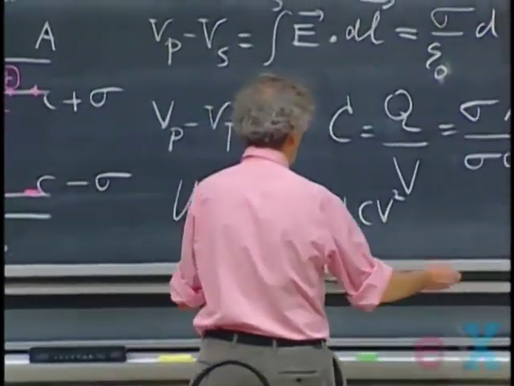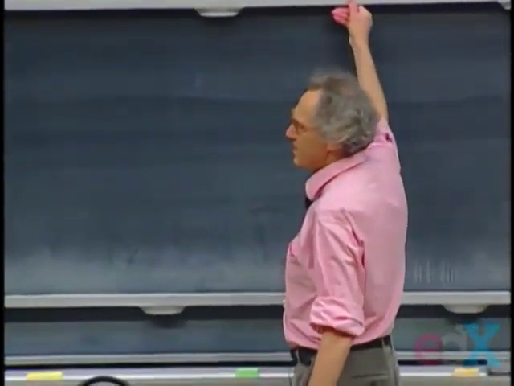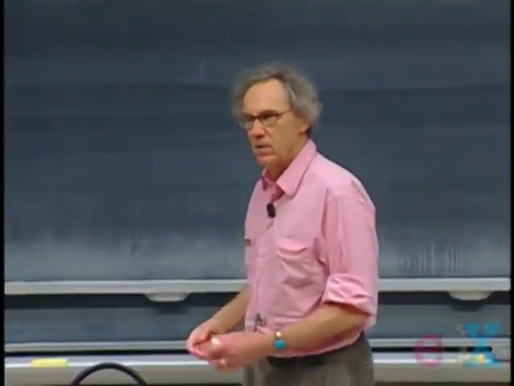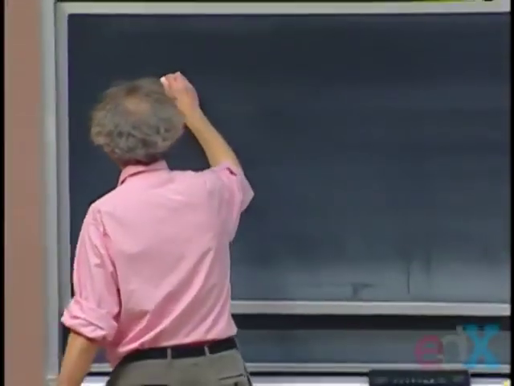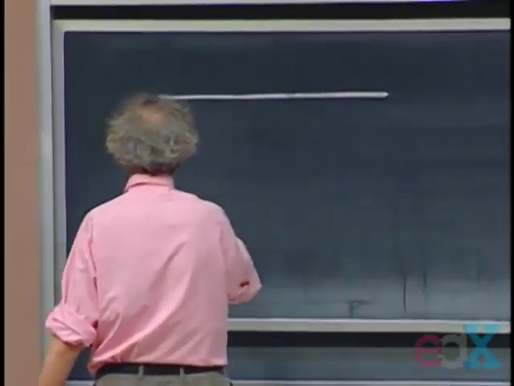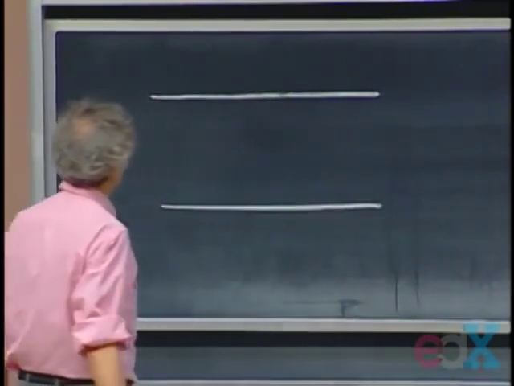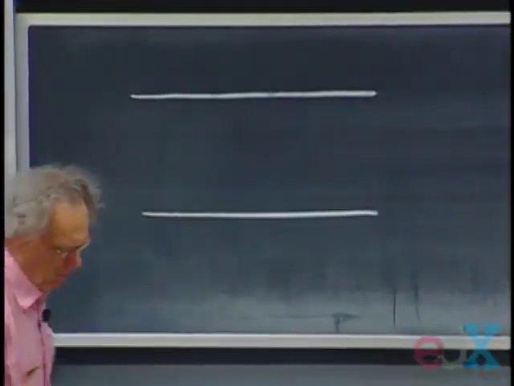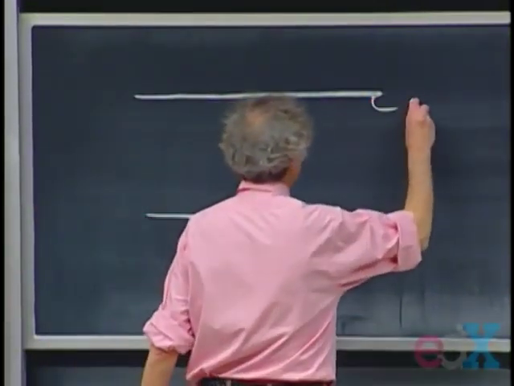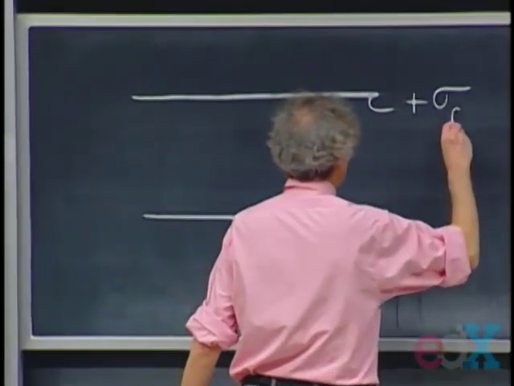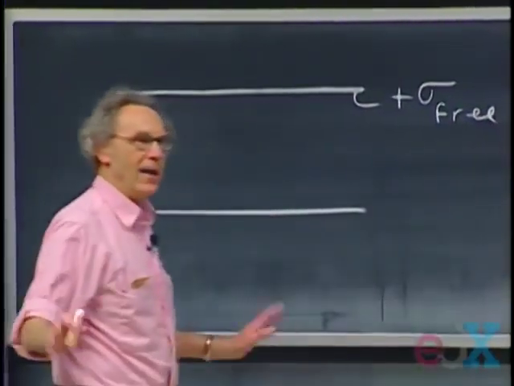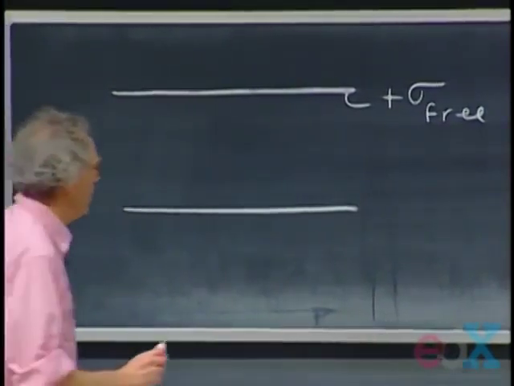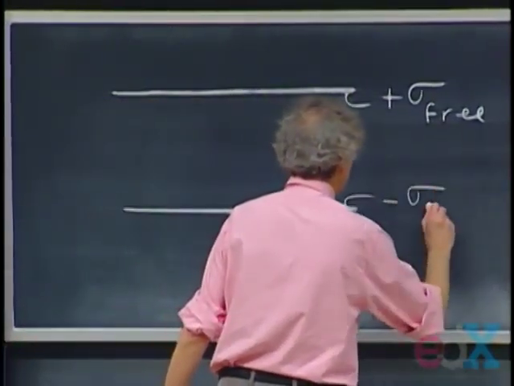All right. Next subject. Again, let me come with two plates, because I want to start talking about dielectrics. And I want to massage this idea of capacitance a little further. I have here a parallel plate capacitor. And I put on here positive charge, plus sigma. I call it now sigma free. There is no dielectric yet, but later there will be, so I call it sigma free. And here, there's minus sigma free.